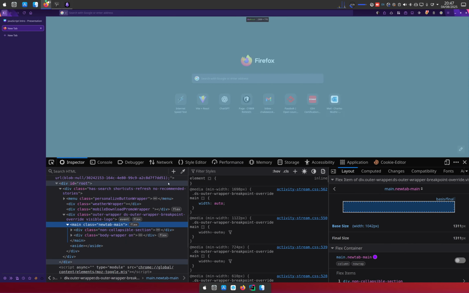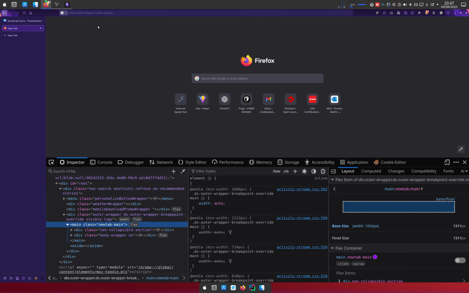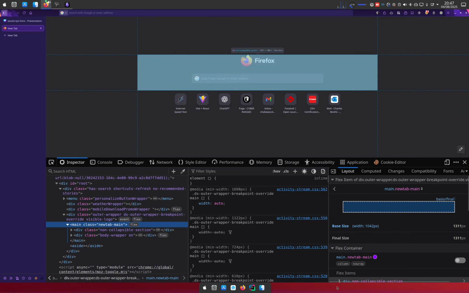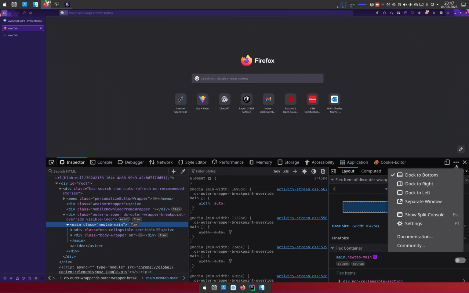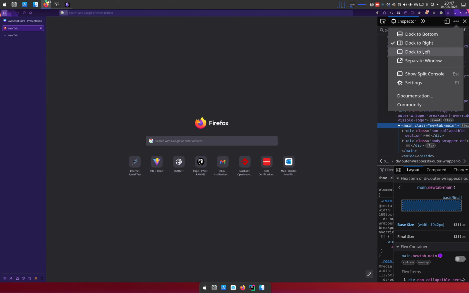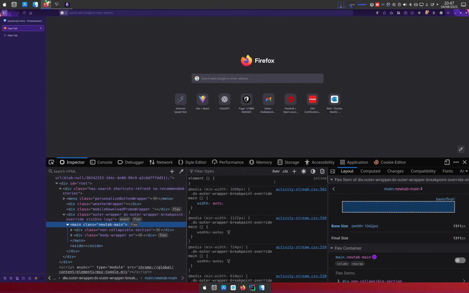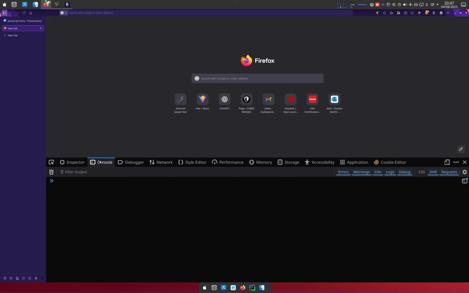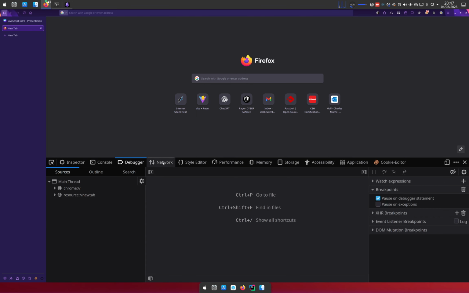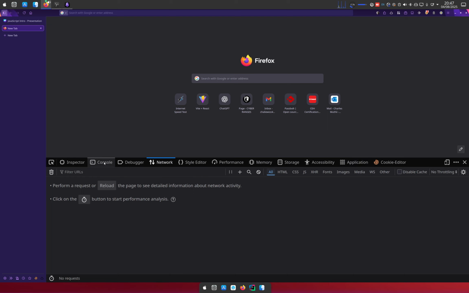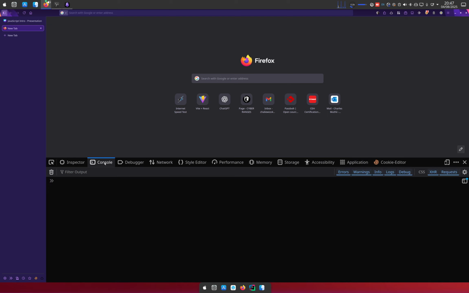So this is a preference. I like it at the bottom because I am able to do things as I see what is happening. So if you want to change the location of this, you can click on the 3 dots towards the right, and then dock to the right, or maybe dock to the left. But I like it at the bottom like that. So the console is basically this thing. All right. So when you open this using the method that I've shown, you'll see things. You have inspector, we have console, debugger, network, and so on. We'll essentially be dealing mostly with this console part.